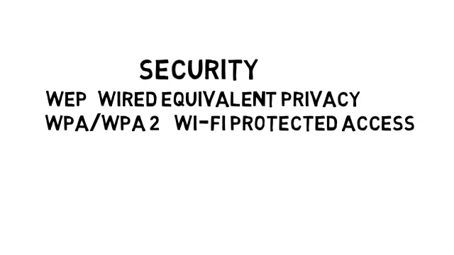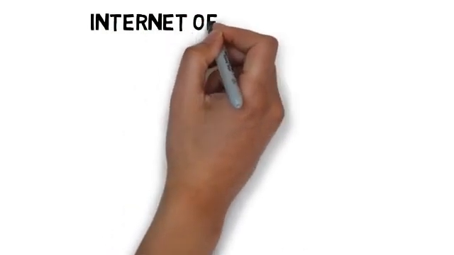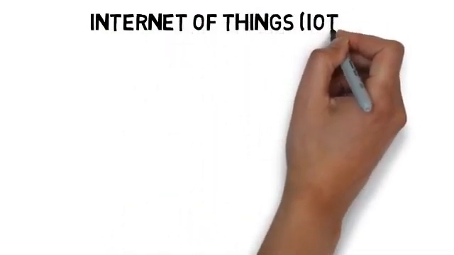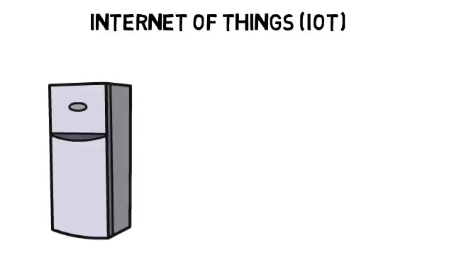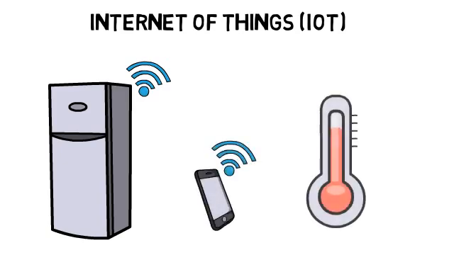We are living in an age where more and more devices in our homes and lives are connected to the internet through a wireless network. We call this multitude of connected devices the Internet of Things, or IoT. The Internet of Things could include smart appliances, like a fridge or stove that is connected through Wi-Fi, to our phones and computers, to thermostats and security cameras. As our home networks become more and more complex with the Internet of Things, security and a robust network becomes